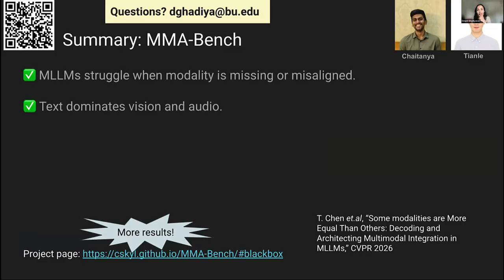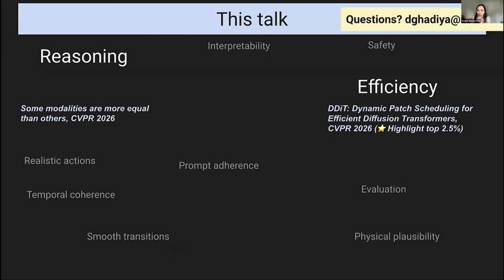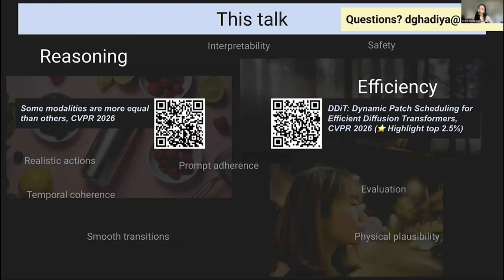And the key takeaway is that MLLMs struggle when even one modality is misaligned. So it is important to stress test these models on these corner cases before deploying them in safety critical situations. Here are the two papers, and the QR code points you to the papers.